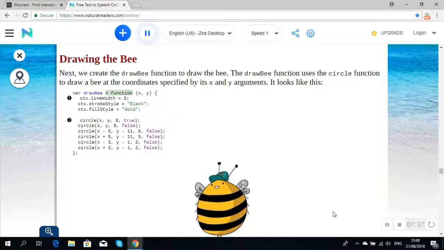To draw a bee at the coordinates specified by its x and y arguments, it looks like this. var drawBee = function (x, y) { ctx.lineWidth = 2; ctx.strokeStyle = "black"; ctx.fillStyle = "gold"; circle(x, y, 8, true); circle(x, y, 8, false);